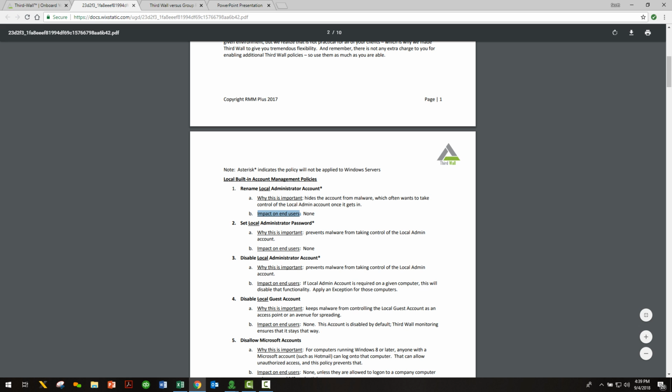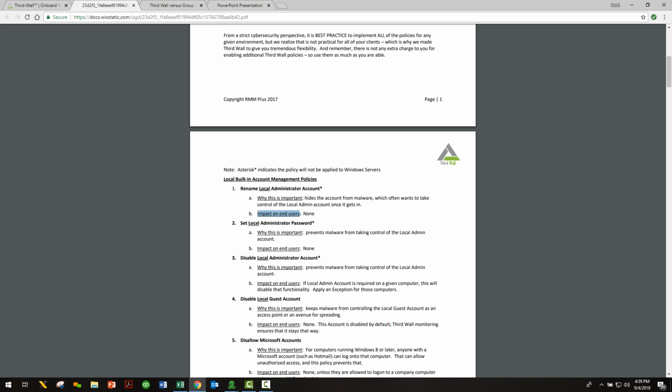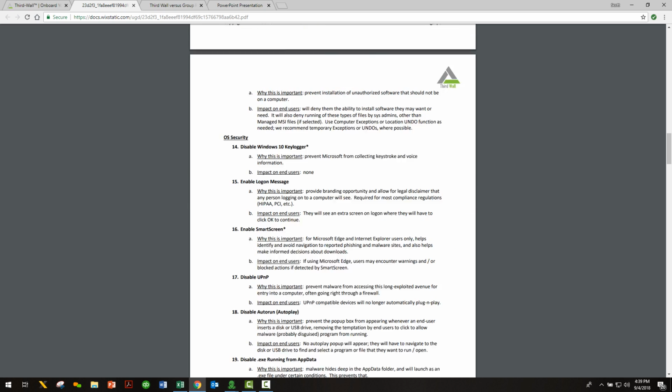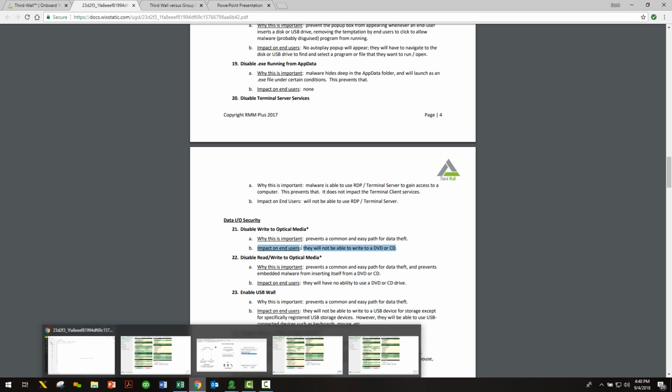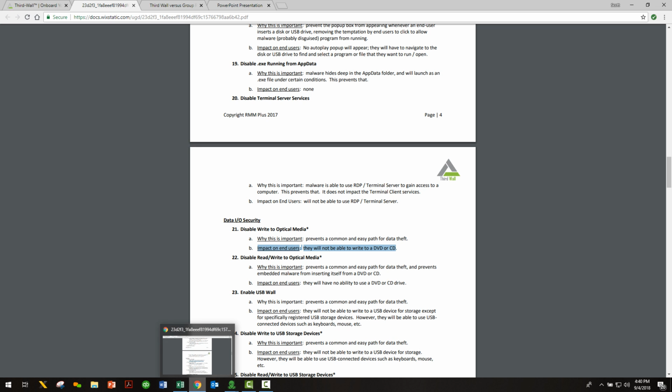So you can use this, a very simple document, to interview your clients and find out the ones where you need permissions that aren't no-brainers. For instance, disable write to optical media. That's not a no-brainer. You really have to ask permission for that one. So it tells the impact on end users, and you can use this to create a profile for a single end user. We have, with that document,